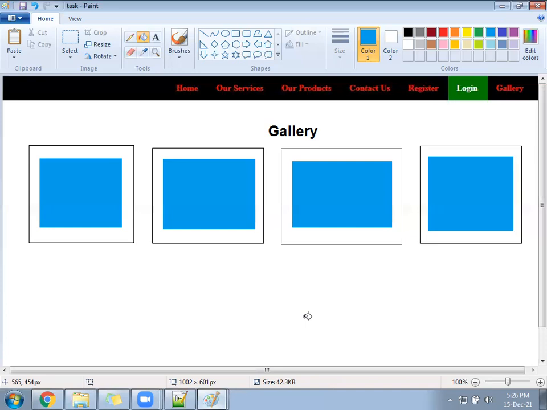Four photos I have sent in your WhatsApp. In that I have used photos instead of icons. Okay, let's try this assignment first. After that, I'll guide you. I will delete one photo. The remaining three photos are there. That will be your homework. First, try this.